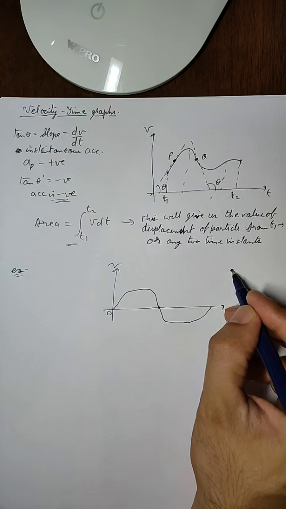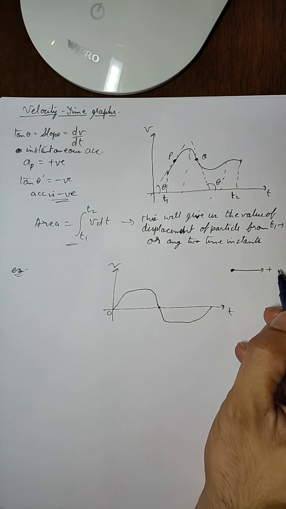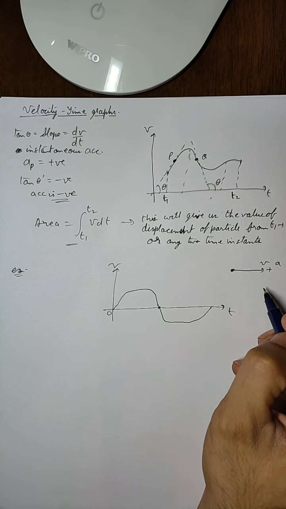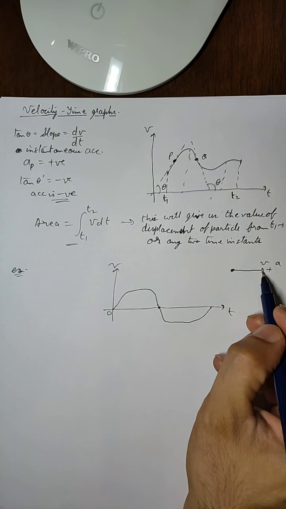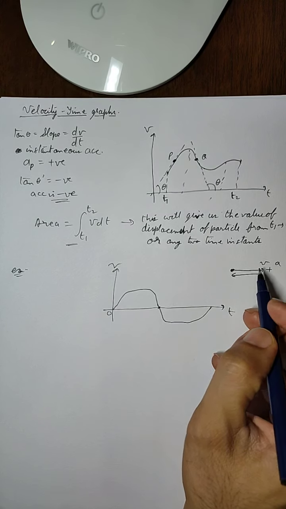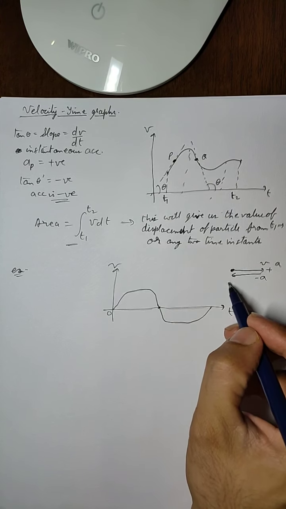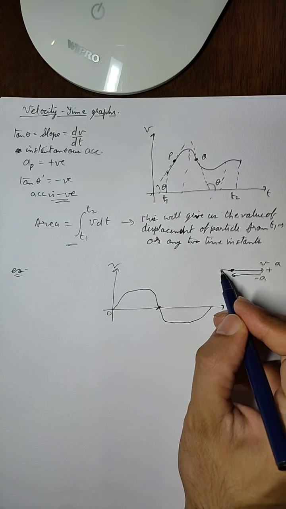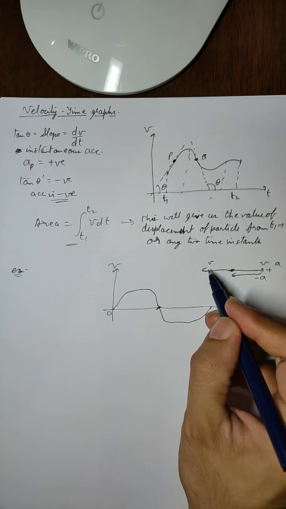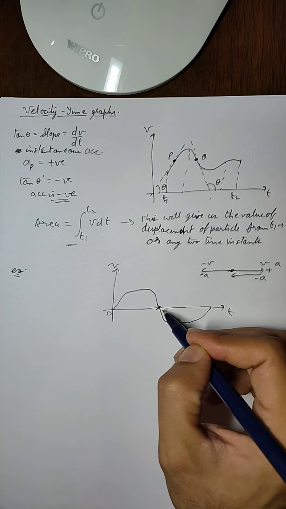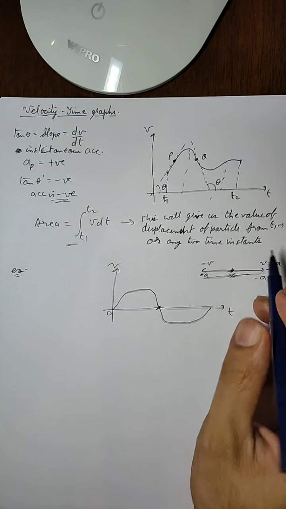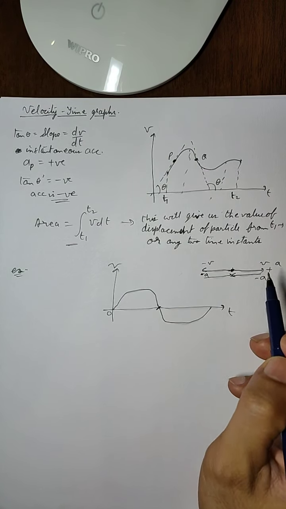So if this is the starting point of the particle, first it is moving in the positive direction with some velocity, and since velocity is increasing, that means there is some positive acceleration. Then the body is coming back, so there is a negative acceleration till it reaches the starting point, and then the body is going more negative. That means the body is going in this direction with negative velocity and negative acceleration. So the velocity is again increasing, and then it will again come back to the starting point. So the motion of the body is like this. It is an oscillating kind of motion.